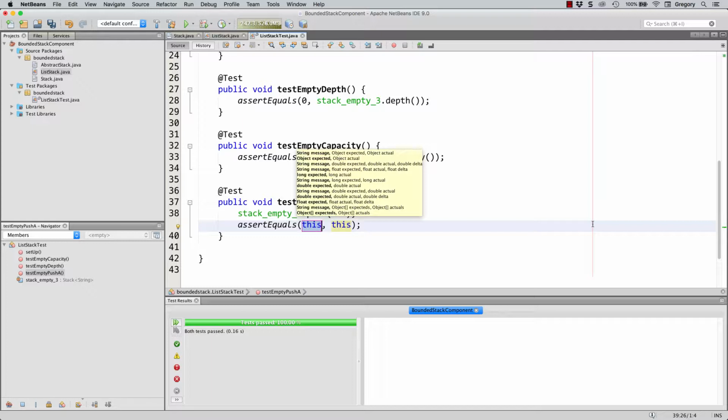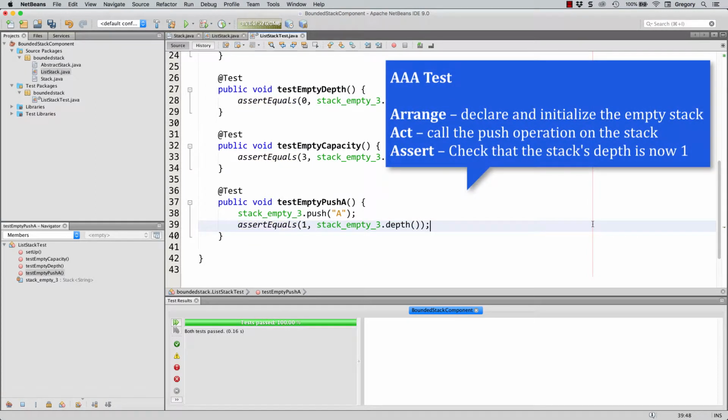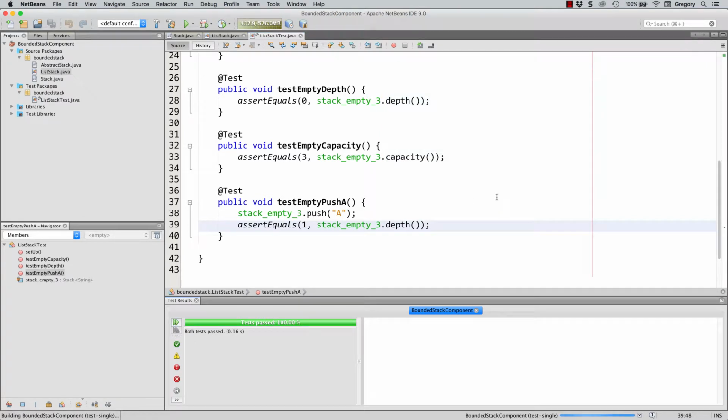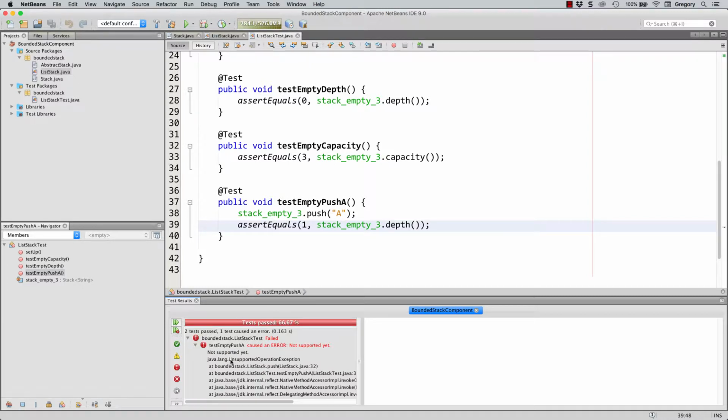So what do I want? I want this to be 1 now. The expected value is 1 of the depth. And then stack depth, that's my actual value. So that should be 1. And I think we'll leave it at that. That's a nice simple test. I'll save that, and then I will rerun this test. And it fails, and it fails as you expect, because we've got an unsupported operation error that's